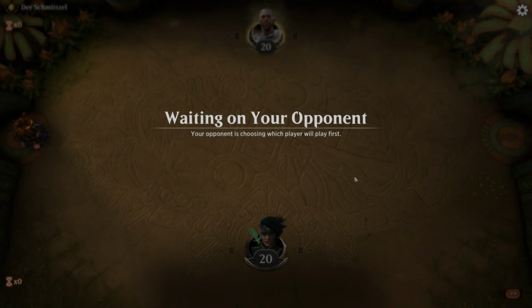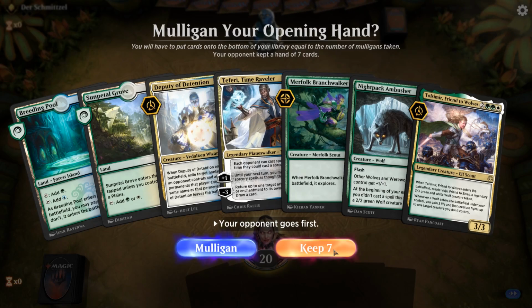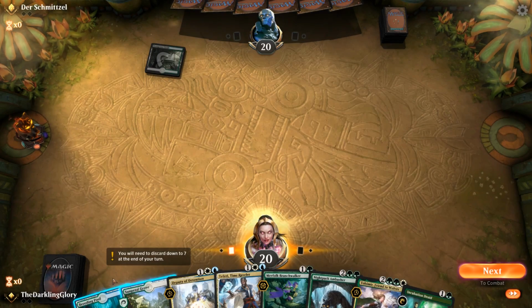On the draw. Every deck always wants to be on the play for basically the obvious reason that you're just a turn ahead, but some decks you feel it more than others. Like, this deck, when you go Llanowar Elves, Vivien, hold up Frilled Mystic, it feels like you can't possibly lose. And when you're on the draw and the opponent gets out ahead of you, it feels like you have no way to come back. That said, Tolsimir plus Nightpack Ambusher is a way to come back, so...